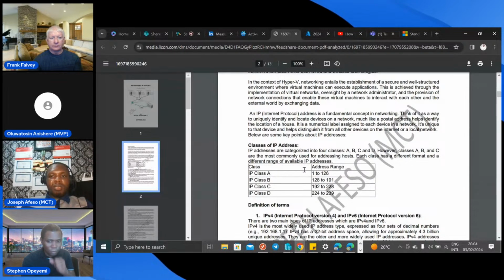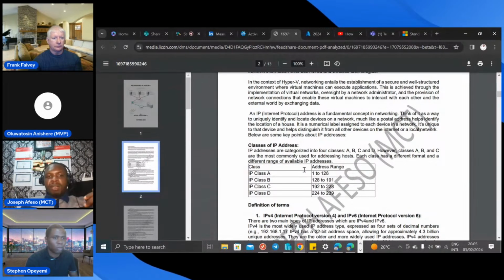Much like, say, the postal address of this machine, of this printer, of this computer, of this server. So the location of a house, if you want to compare it to a particular place you're trying to describe. It is a numerical label that's assigned to each device in the network. Let's say one, two, three, and so on.